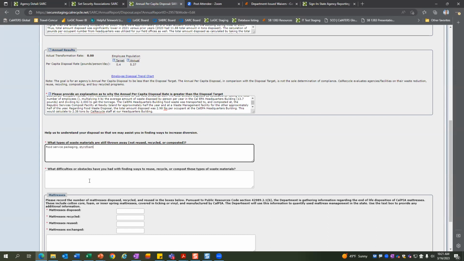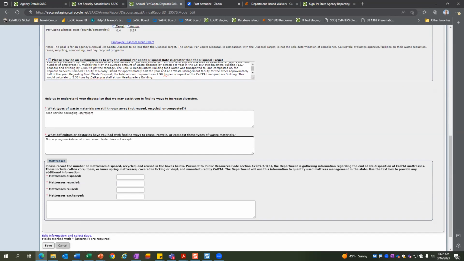I'll only do the 2 for our examples. And then down here, you explain what the difficulty is. Just a couple of examples of what may be going on for the reason why. And this will also help us if we have some extra information that maybe you don't. It'll allow us to provide some assistance to you, to maybe show some light on where you do have access to some of these programs in your area.